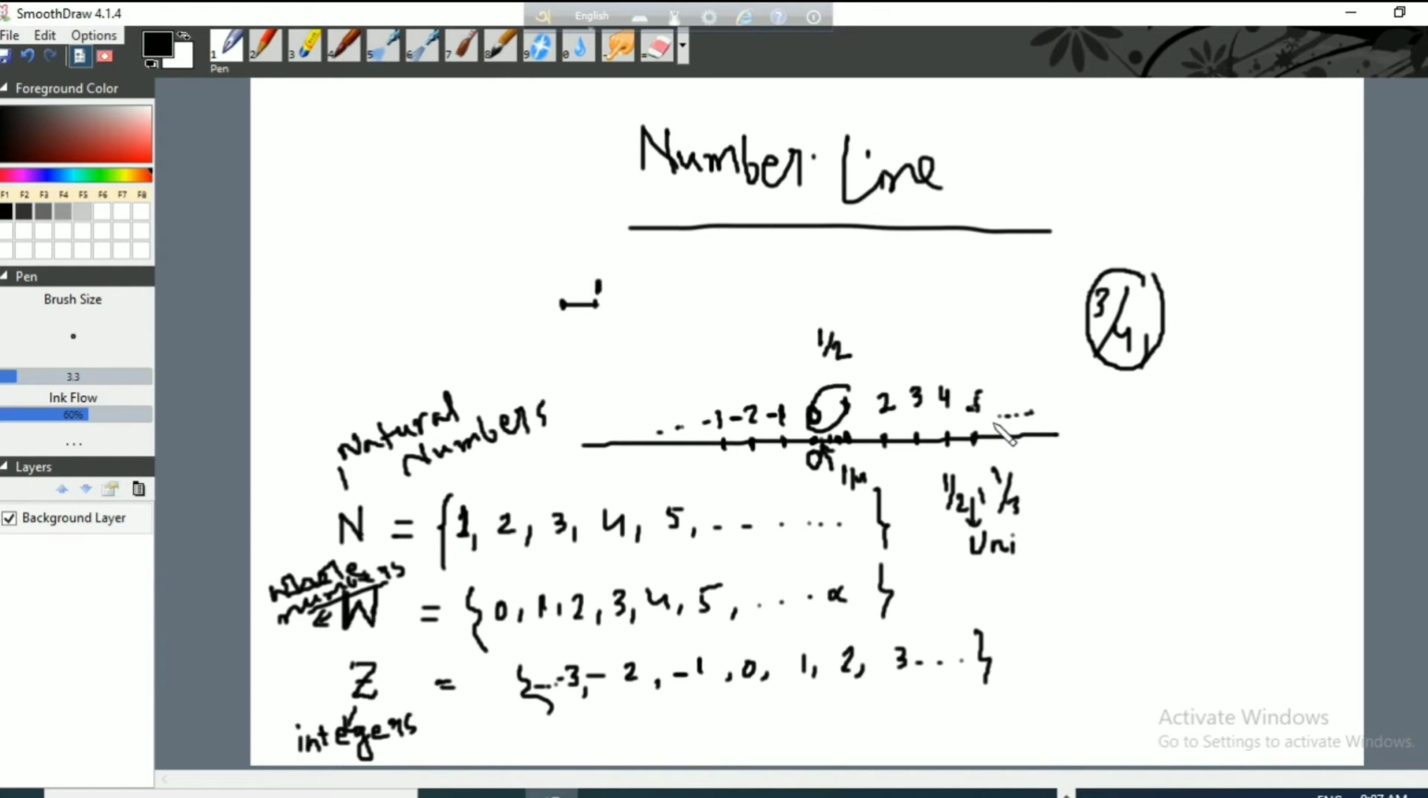so the collection of all such numbers, from minus infinity to plus infinity, minus 3, minus 2, minus 1, 0, 1, 2, and also all fractional numbers, together means you include all these numbers and you also add fractional numbers, then what you get is represented by Q, and this is called rational numbers,